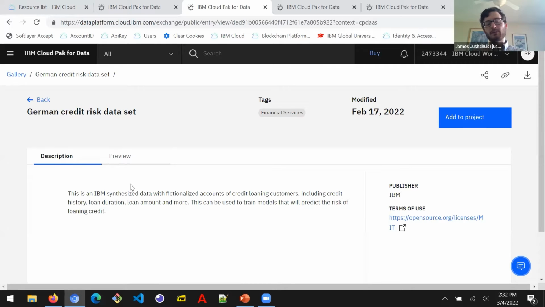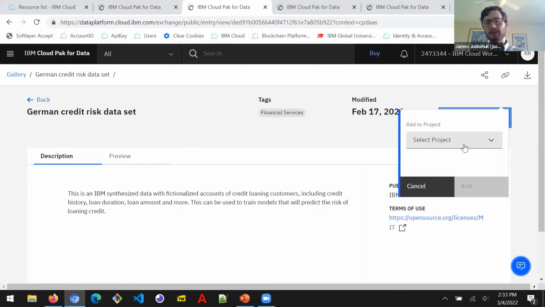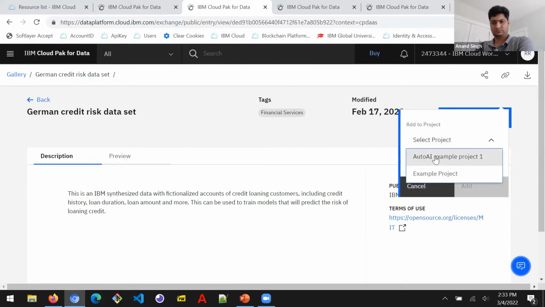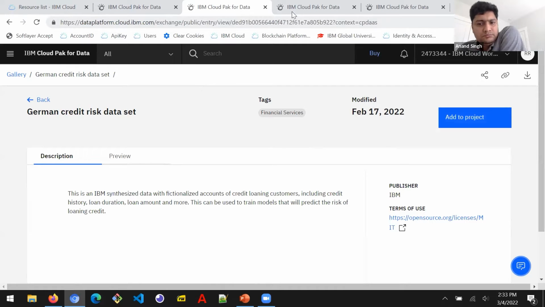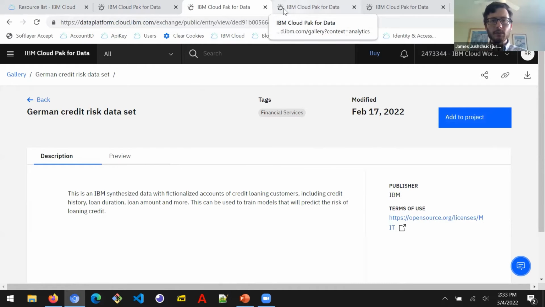And then that sort of data will be used to determine whether or not this is a risky loan to provide. So this data set might be used from the bank's perspective. I've actually already associated it to the project we're working in, but you can click add to project from the gallery and associate with a Watson Studio project, which is kind of convenient. So it should already be there. So I'm going to page back to our